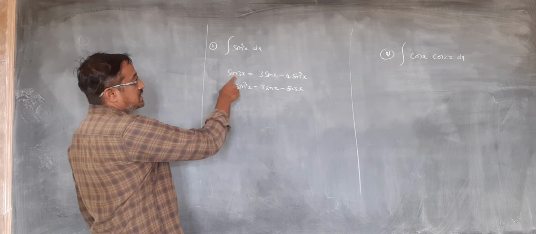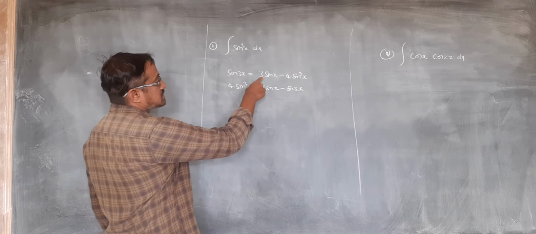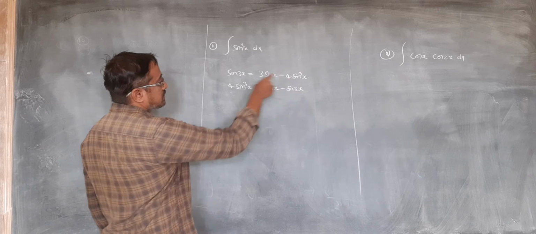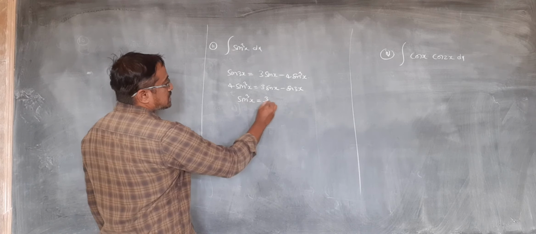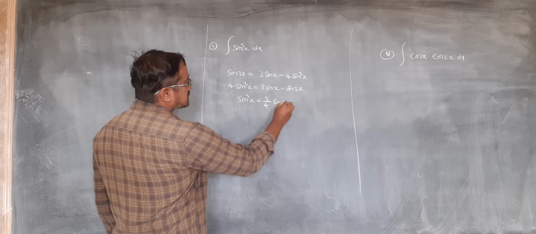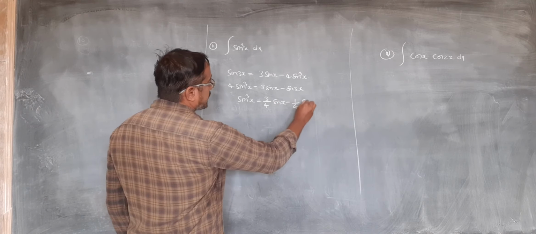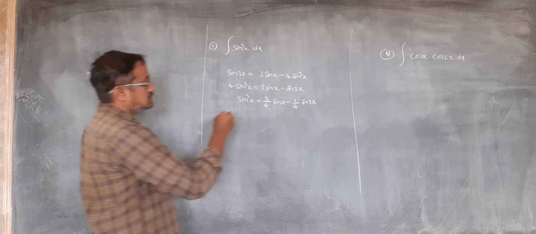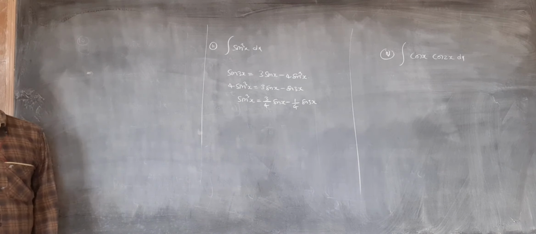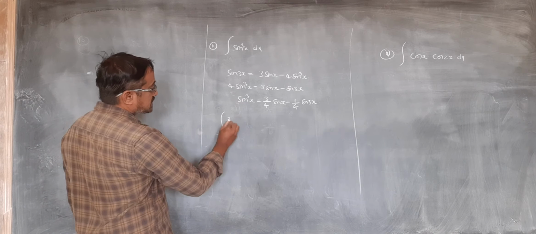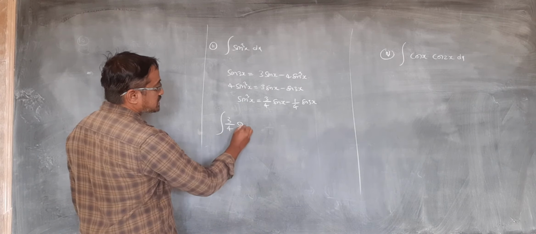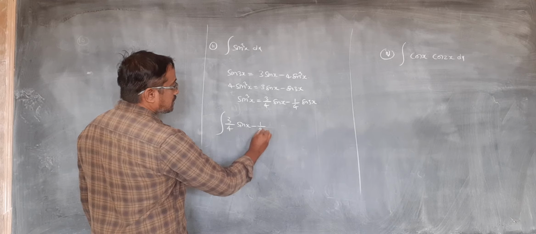So sin cube x can be written as 3 by 4 sin x minus 1 by 4 sin 3x, divided by 4. So integral sin cube x can be written as 3 by 4 sin x minus 1 by